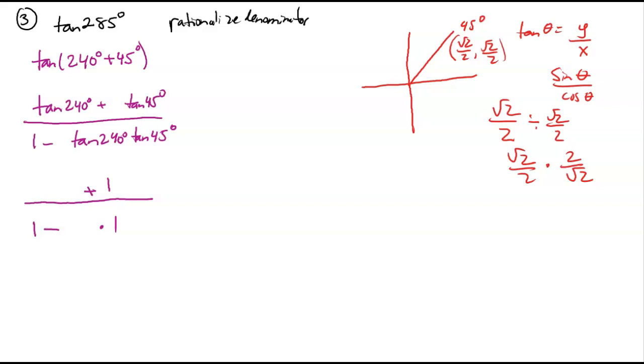All right, so how do I find 240? Well, 240 is in the third quadrant. And for 240, how I want to derive that, I'm going to take my x value, negative 1/2, and my y value, negative root 3 over 2, and again, I'm going to divide those together. So when I do that,